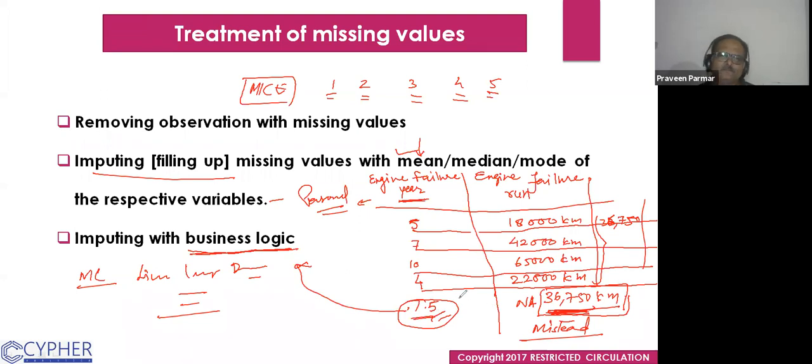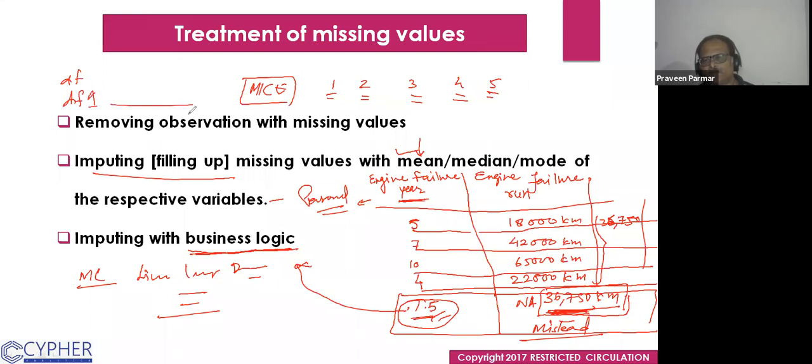What I do basically, I remove these observations first. Wherever I have the missing values, suppose I have a data frame like DF. So I make one DF1 where there are no missing values. I remove all the observations with missing values. So I have only the remaining observations. It doesn't have the missing values.